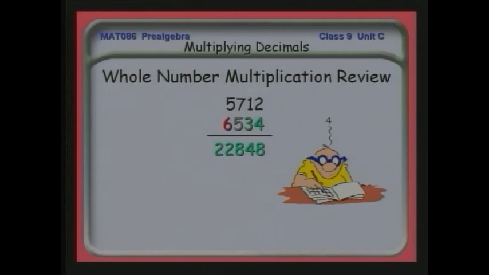starting with the rightmost number, usually on the bottom, you would multiply the 5,712 first by 4, and line up the result, the product, underneath the 4. Then you would repeat the same thing with the 3, line up the product under the 3, and really remember that means that the 3 actually represents something with a value of 30, so that in a sense, next to the 6 in the product, if we wanted to do it fully with all the zeros, we could put a 0 after that 6 to the right of the 6, because the 3 in the